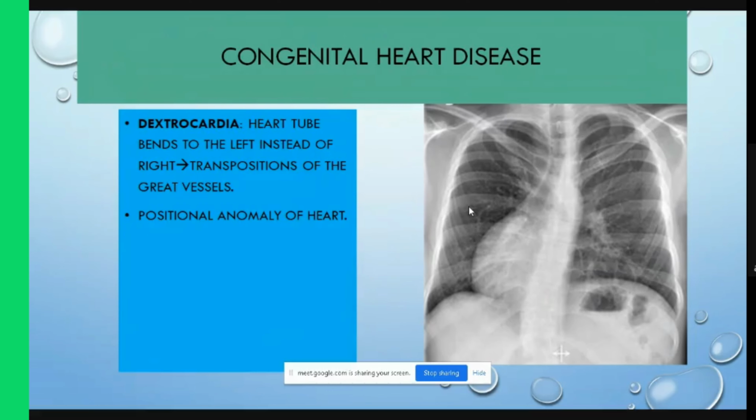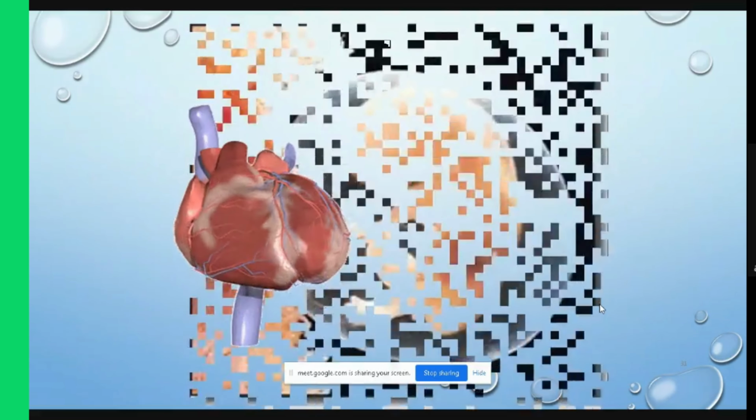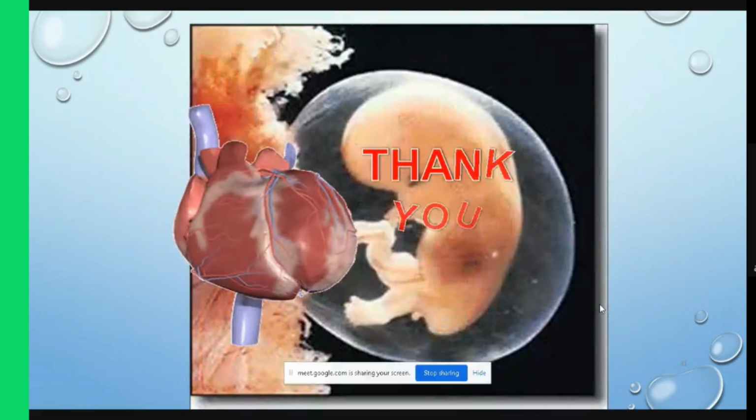Now, there is another condition, we call it dextrocardia. Now, in dextrocardia, if you look at a normal person, the heart is on the left side. But in dextrocardia, the heart tube, instead of being present on the left, shifts to the right, and because of it, there is the transposition of the great vessels as well, and this is simply the positional anomaly of the heart. So this is all about today's lecture, and these are the different anomalies which